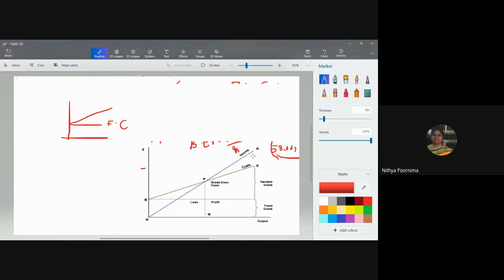Now, first, let me clear out. Break-even analysis is basically a graphical model to represent the relationship between cost and the revenue for whatever volumes of production they are producing, right? But before we go on to the break-even analysis, you should also know what is fixed cost, what is variable cost, and what is the total income. Fixed cost is something which is fixed throughout the business. The amount like initial rent money or the land money or the machine money you pay will all be fixed, so that is termed as fixed cost.